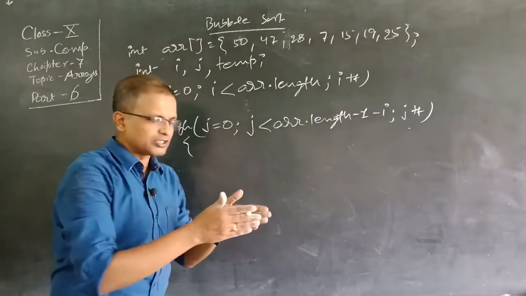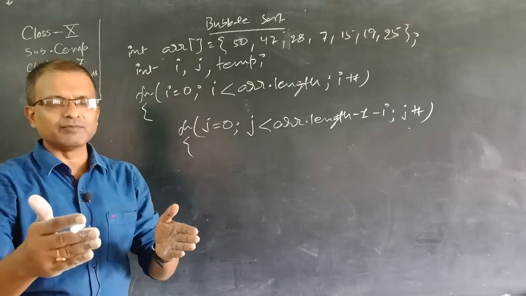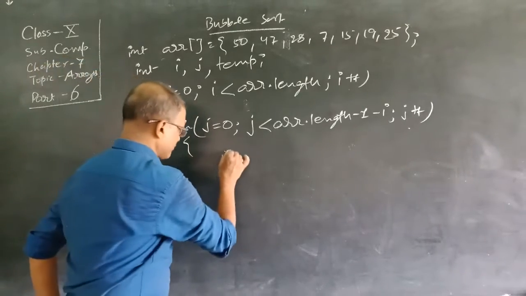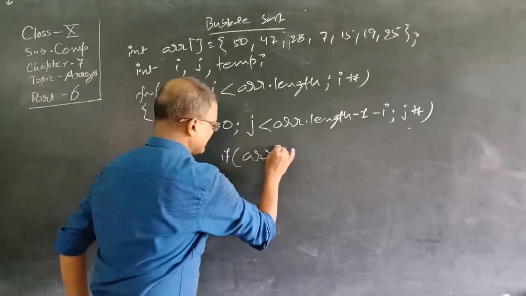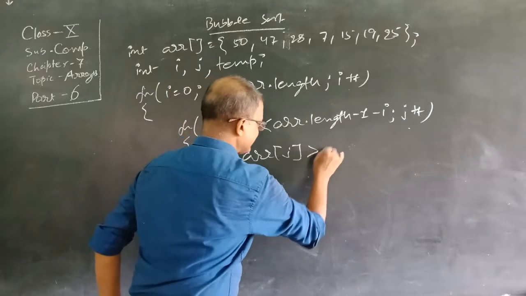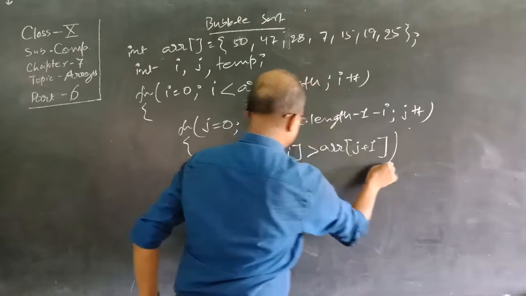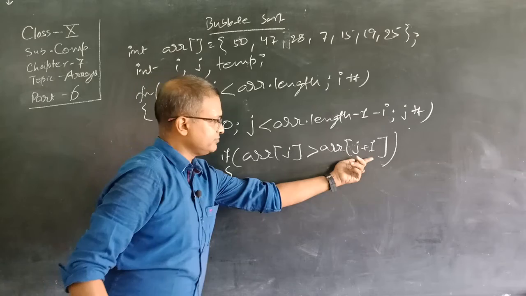Each element will be compared with the next element for the greater number. Clear? So just compare: if arr[j] greater than arr[j+1],